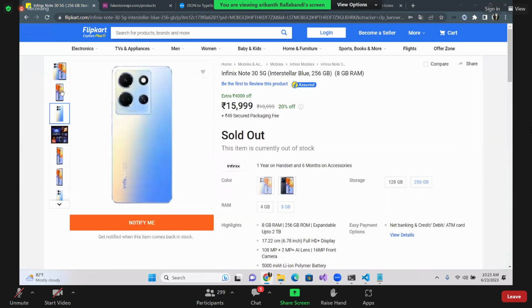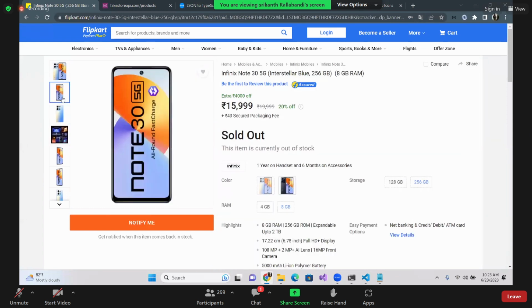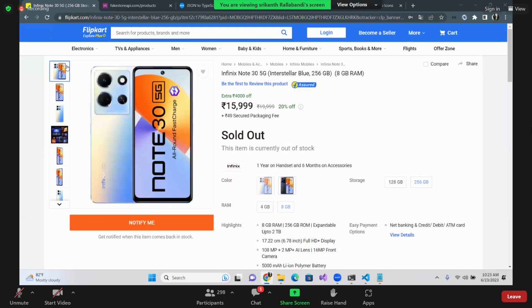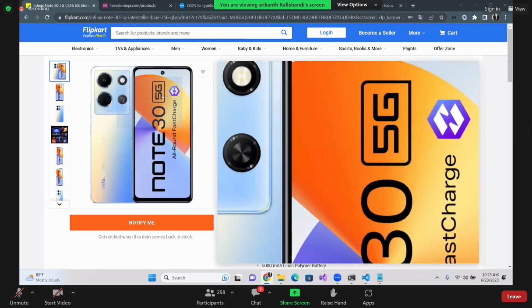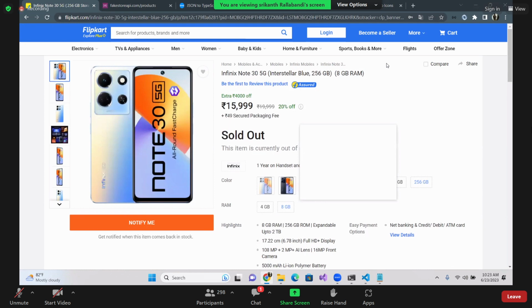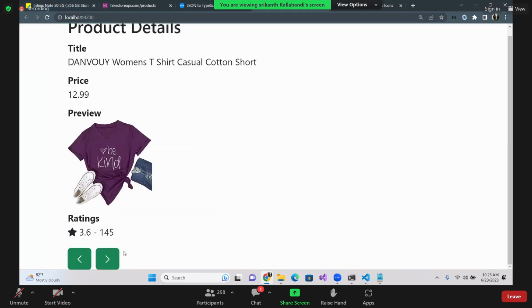How will this work? Because the user is keeping the mouse on here. That means this is an image. When the user keeps the mouse on this image, then I'll execute something in order to display this image. Right? Same way, here also, when the user clicks on here,